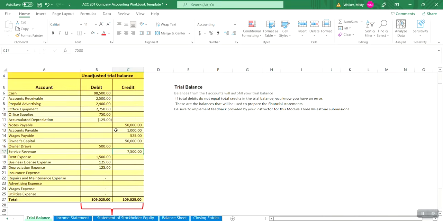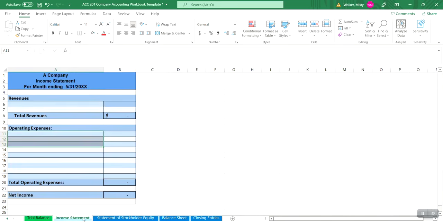So I'm looking for my revenue accounts here. I just have one, that's service revenue. So I am going to type in the service revenue account. There's $7,500 in revenue, and you'll notice that this too is set up to help you with the math. We only have one revenue account in this particular example, so we won't be filling in this second line, but if we had two revenue accounts, then we would add that here so that we could total all revenues regardless of the type of revenue.